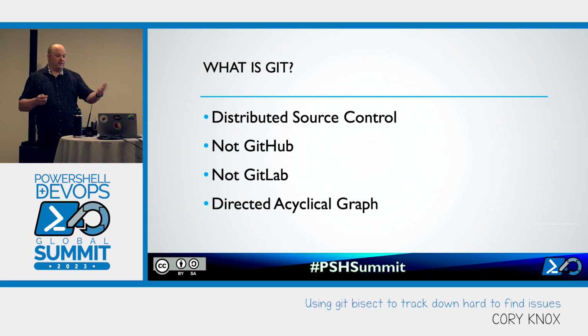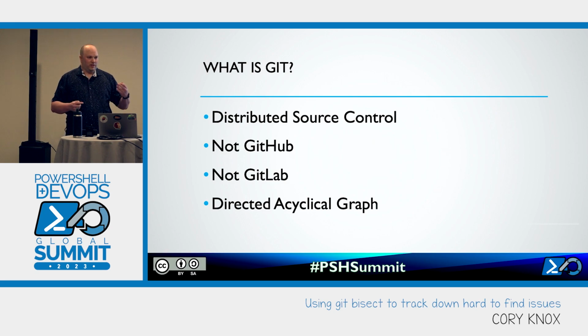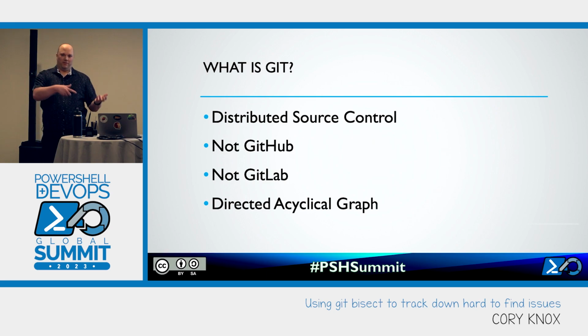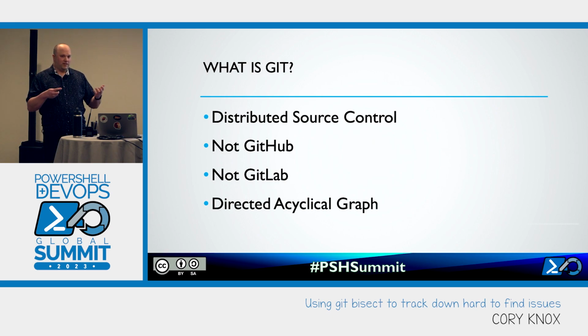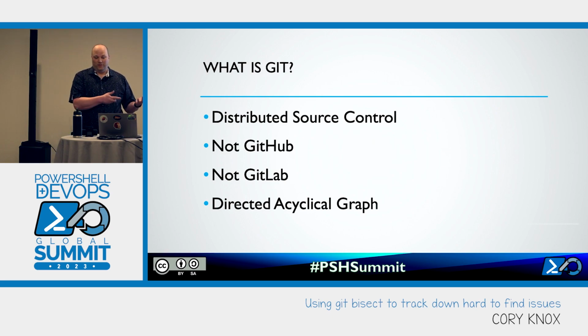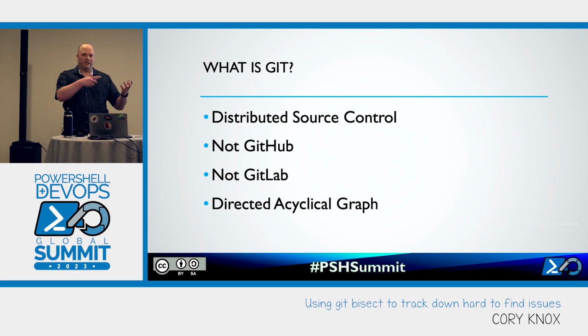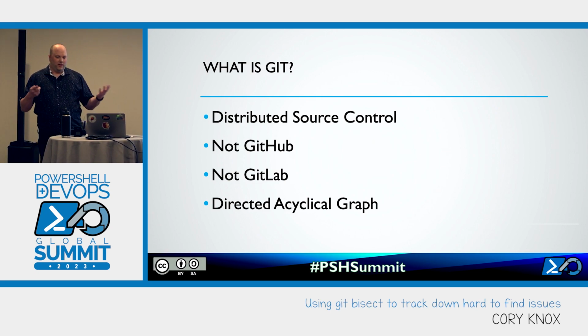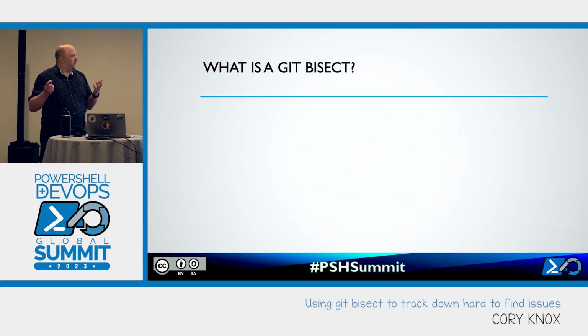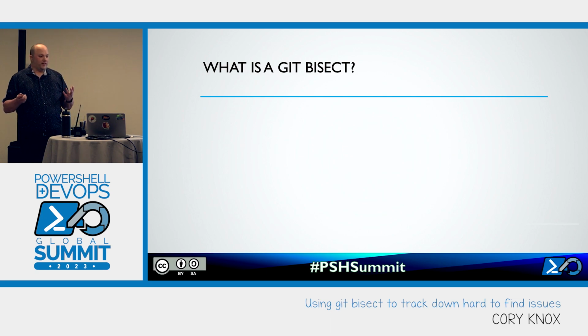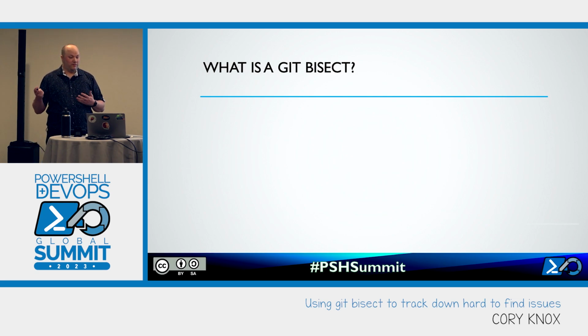And so in Git, we usually call them commits. You'll have a commit as the node part of the graph, and commit A will point to commit B, will point to commit C, and so on down the road. And it's acyclical in the fact that you can get to commit D, and commit D cannot point back to commit A, because that would complete a cycle, and that would break it, and computer science tells us we can't do that. So that's just the overview of Git, and how it comes in with Git BISECT is